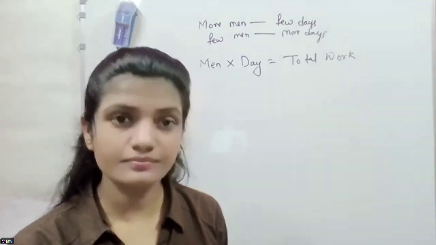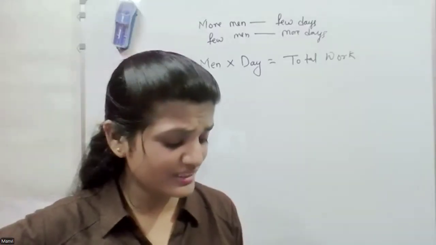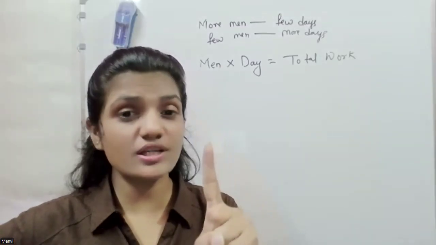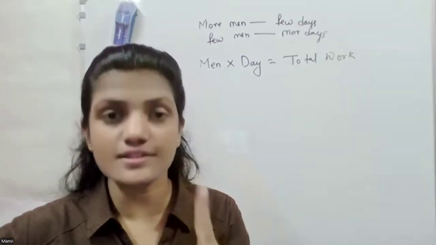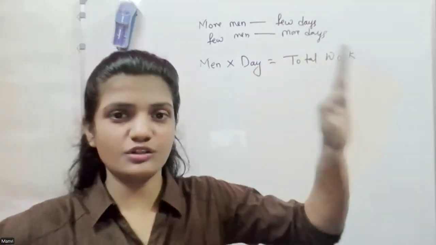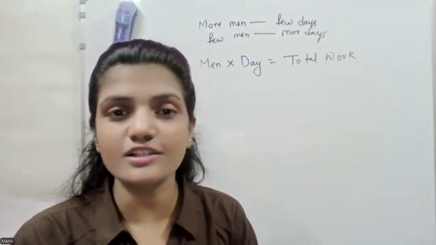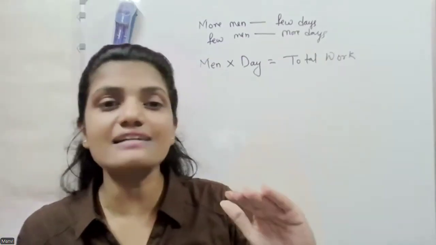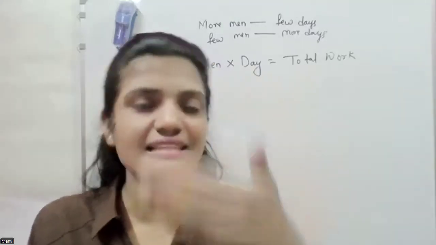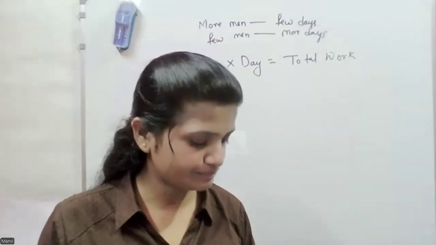Is it 15 workers? Yes, we required 15 workers. So this is very easy. These are very easy questions, right? So the first approach is to first calculate the total worker days, by multiplying the number of men and the number of days. Then, whatever they ask, if they ask about men, we divide the total worker days by the days; if they ask for days, we divide by the men. They're both the same.